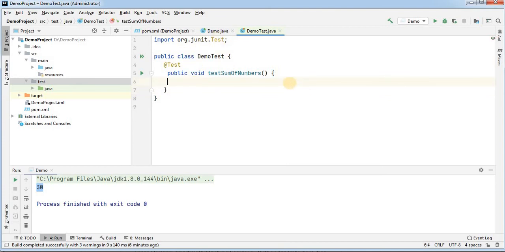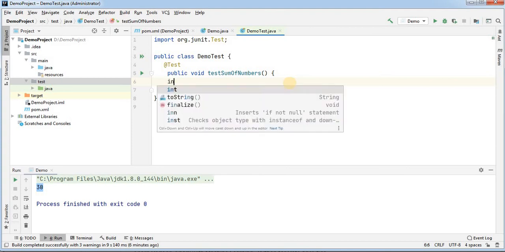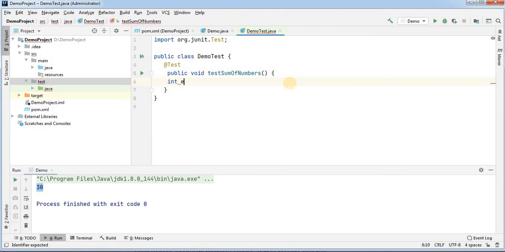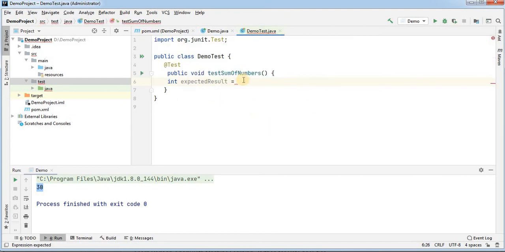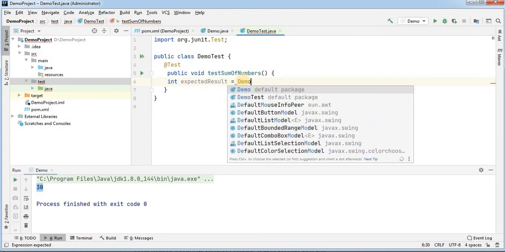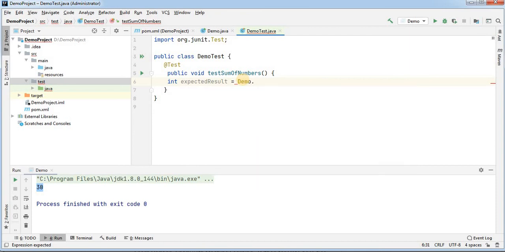Now what we need to do, here what is my expectation, int expectedResult equal to, so we should have the instance of our class, because this is an instance method. This is a static method anyhow, so can we call Demo.getSumOfNumbers?